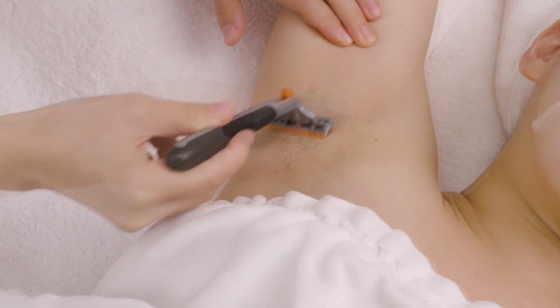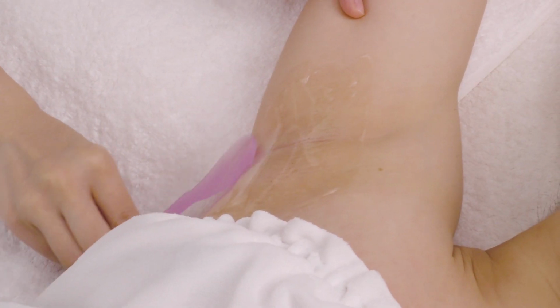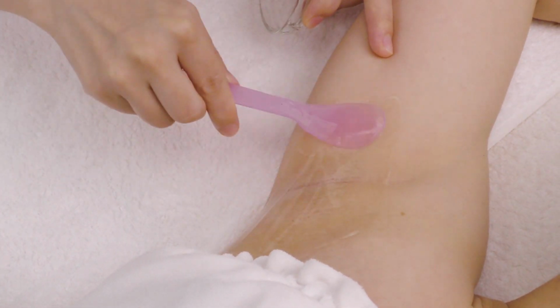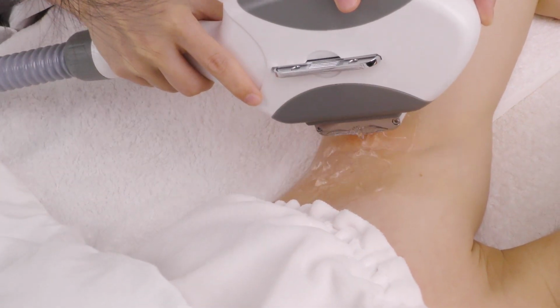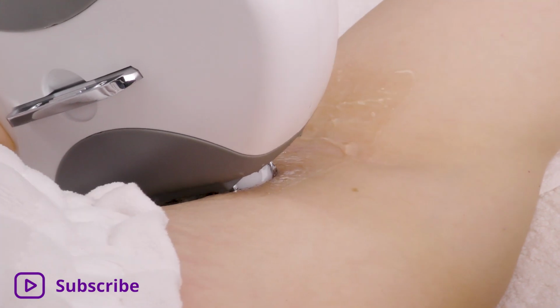Underarm hair removal. Shave underarm hair with razor. Apply a layer of gel that is the thickness of a coin on one underarm. Device operation. Move around the underarm firstly using stamp technique, then slide 2 to 3 times, covering the entire treatment